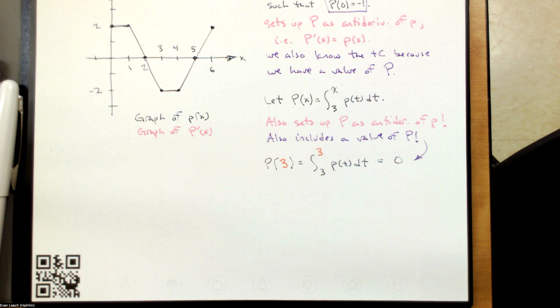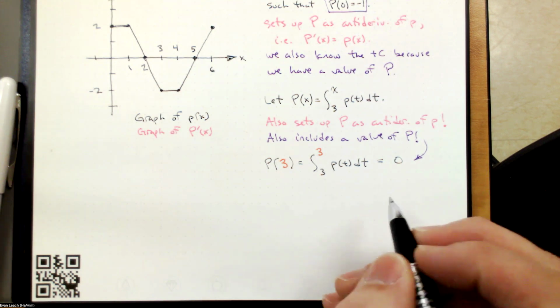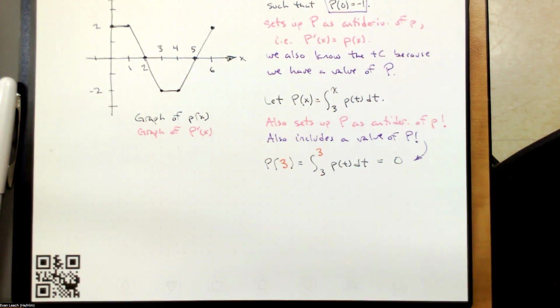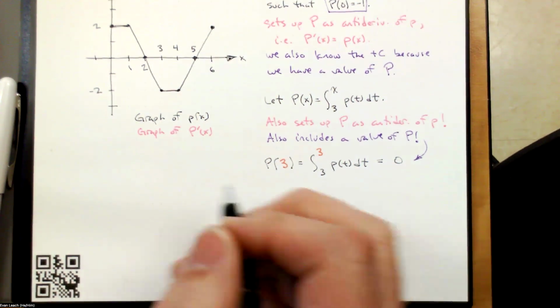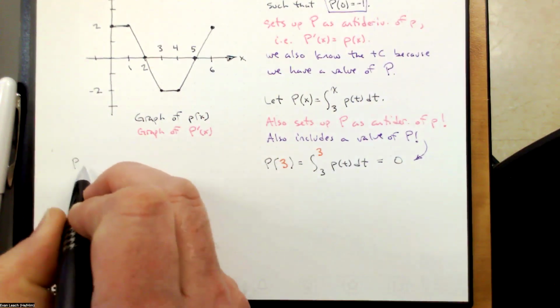So this is how we evaluate this function. I picked starting at 3 because 3 was easy to evaluate. It's the definite integral from 3 to 3. That's going to be 0. If I wanted to calculate, let's say, P of 4,